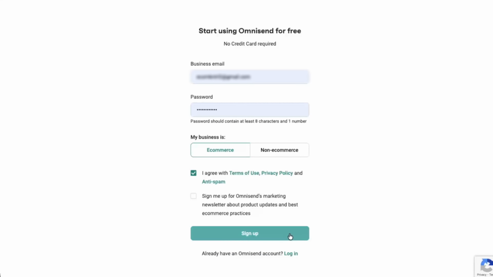Omnisend will create your account and immediately send a verification code to the email address you provided. Open your email inbox, find the message from Omnisend, and copy the verification code. Return to the Omnisend window, paste or type in that code, and submit it. Once your email is verified, you'll be guided through a quick and simple setup process to finish configuring